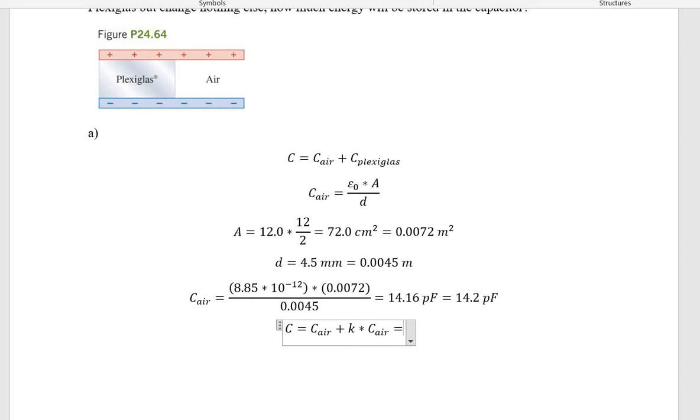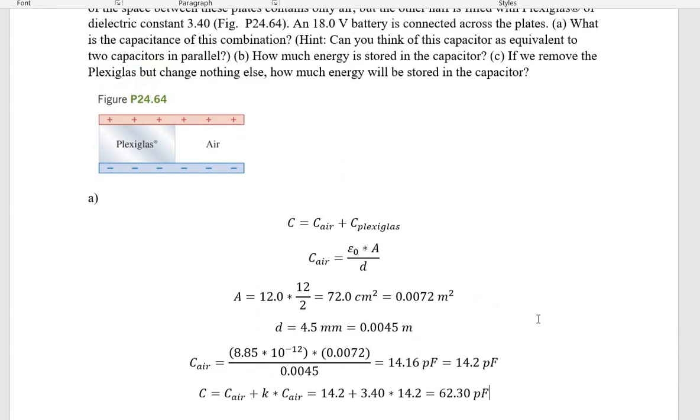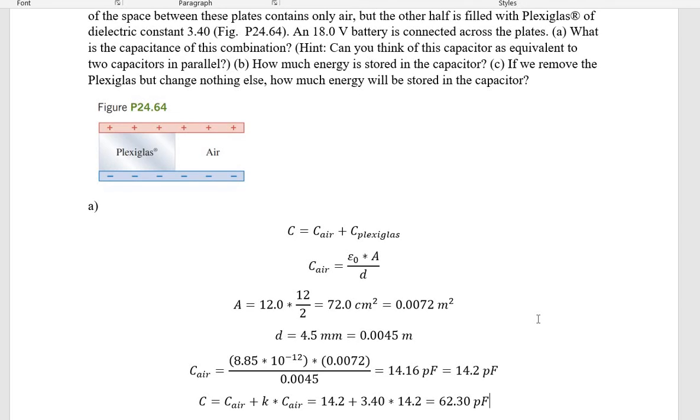So it's going to be equal to the value of capacitance of air that we found already, plus the dielectric constant, which is 3.40, multiplied by the same value. And this basically equals 62.30 picofarads. And this is the answer for part A. So this is the capacitance of